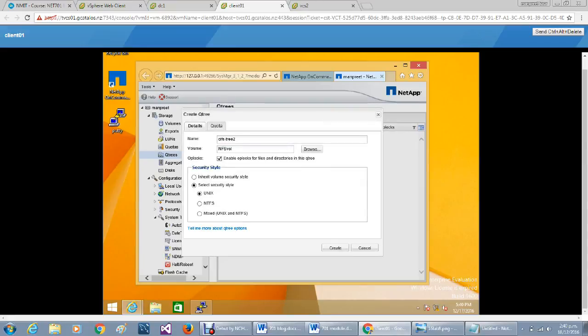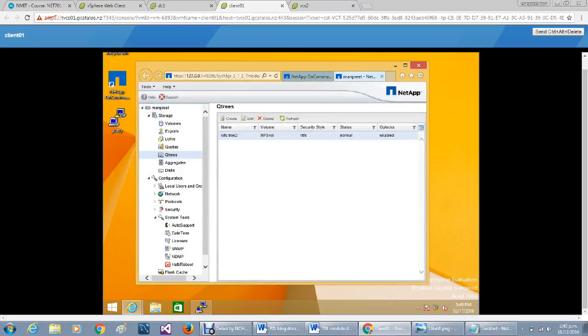Here we select the security style Unix or NTFS, and then click Create. Now you can see that a new qtree is being created. Now I am going to Storage, and we can see that the new qtree that I created is there.